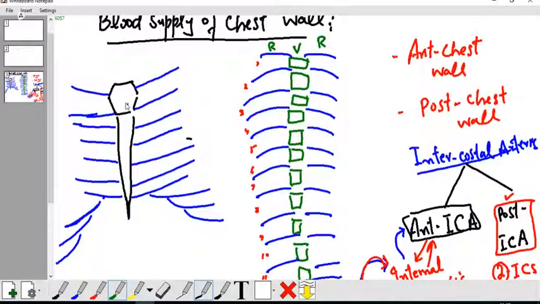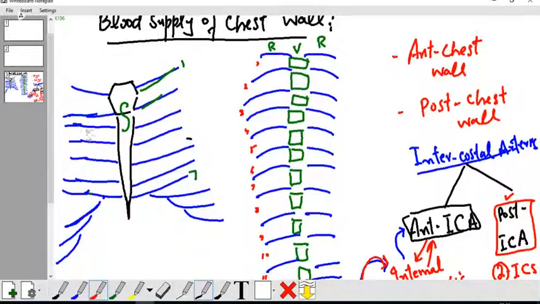In the center we have the sternum, and the sternum is attached with ribs number 1, 2, 3, 4, 5, 6, 7. Ribs 1 to 7 are directly attached, and these are true ribs. The remaining are indirectly attached and are false ribs. The two ribs that are not attached to the sternum, directly or indirectly, are known as floating ribs. This is the anterior chest wall, supplied by